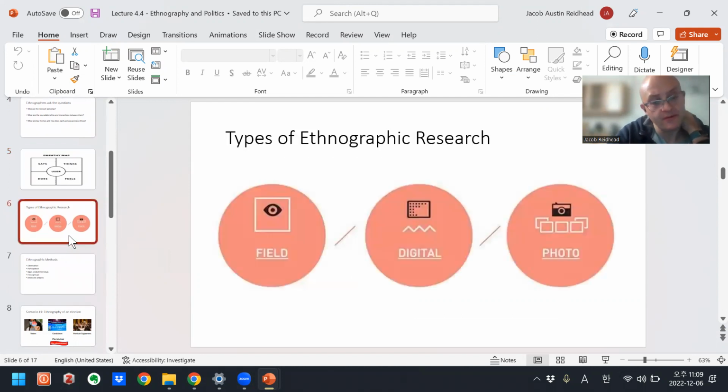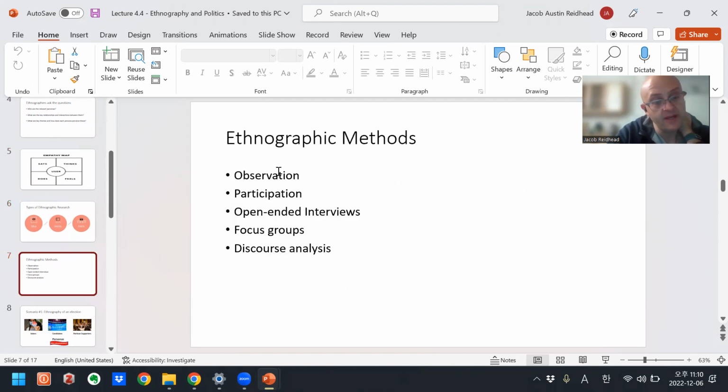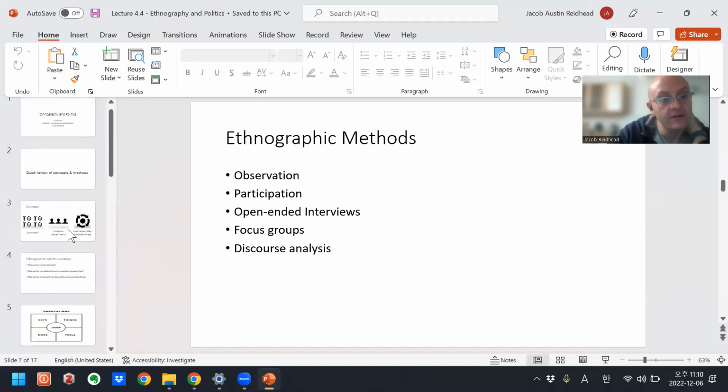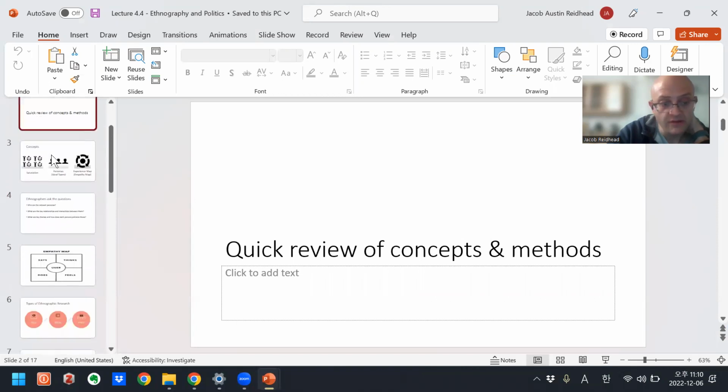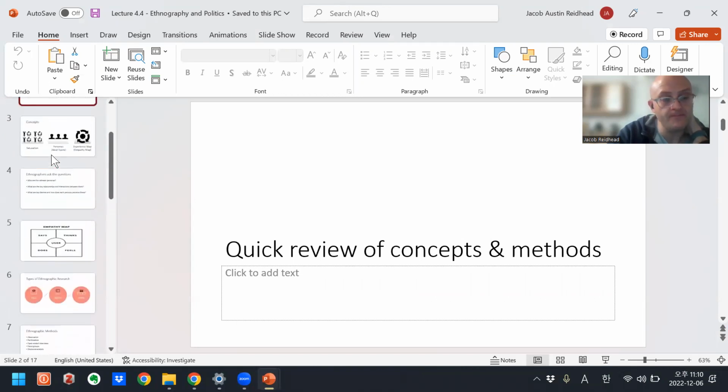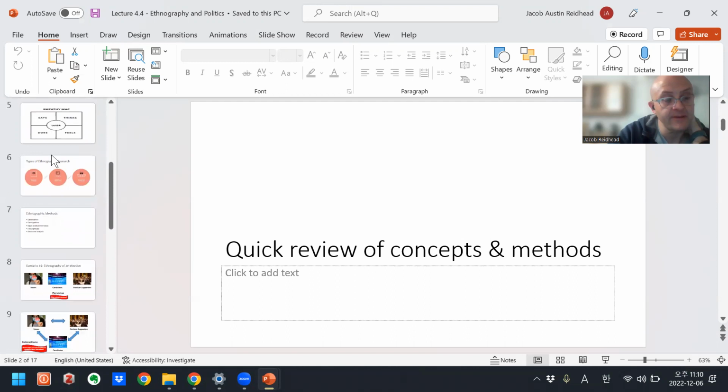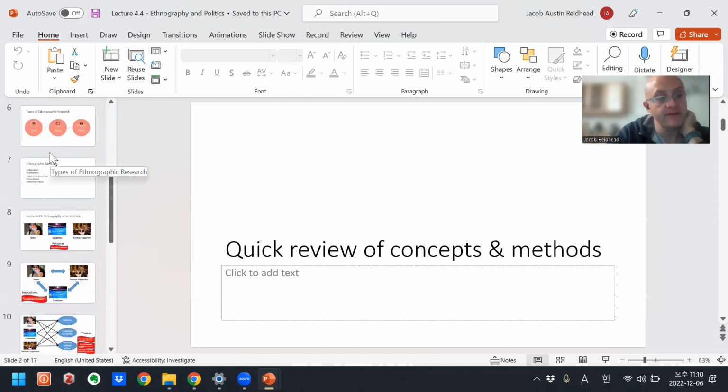We have the different modes of ethnographic research, and different ethnographic methods such as observation, participation, open-ended interviews, focus groups, and discourse analysis. So this is just a quick review of some concepts and methods to put them in their minds.